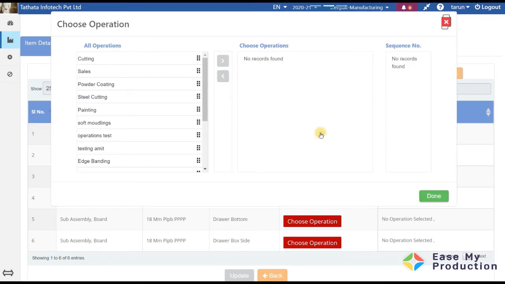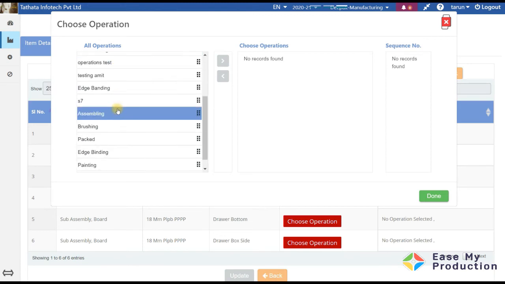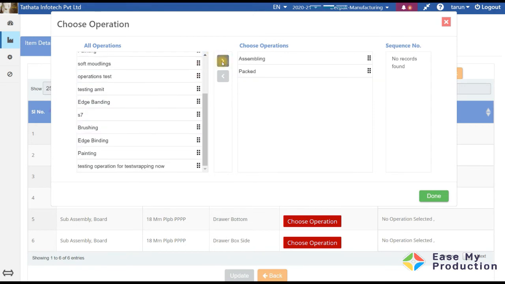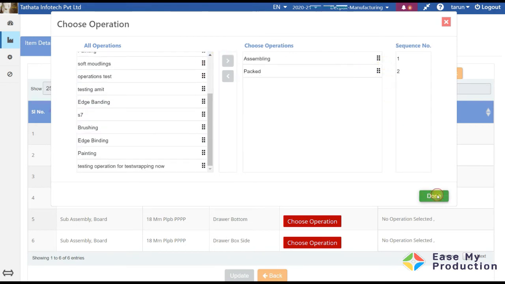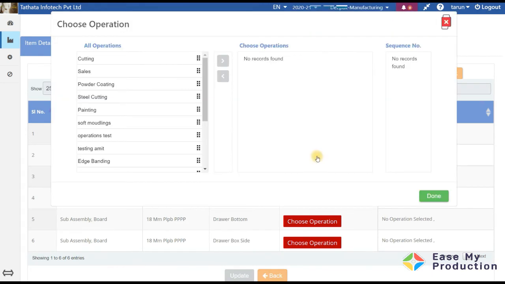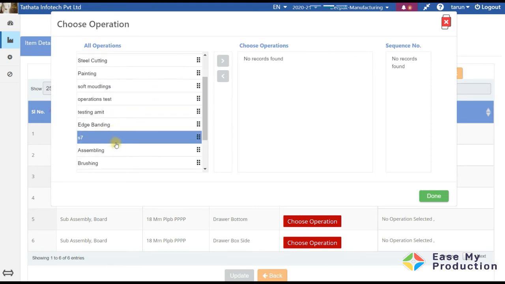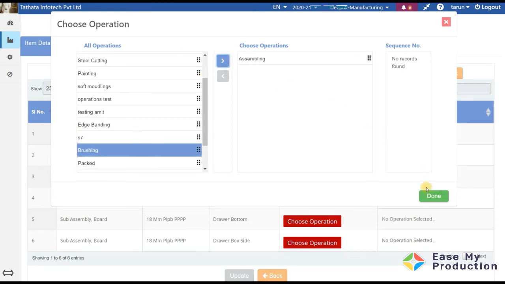Now let us choose the operations. So my top is going to be used in assembly. I will choose assembly, and packing also. Then I choose side also. Again I will choose assembly.